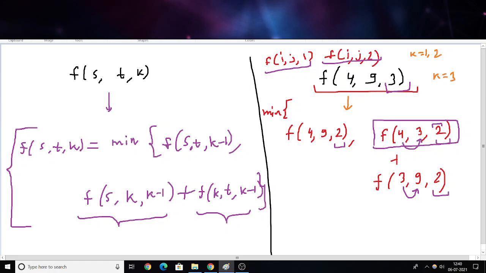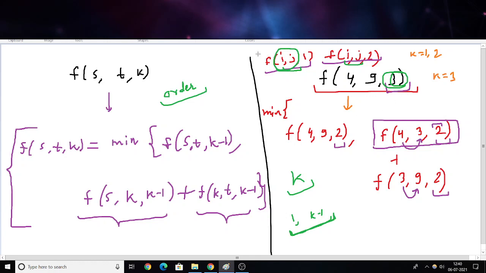And also, as we know in dynamic programming, the order of states matters. So here also order matters. As I'm saying from the beginning, if you want to find the answer for f of i j k, you should have the answer for all possible pairs of i j, and the value of k will be less than this k. So while calculating the answer for some k, we should have the answer for all k's from 1 to k minus 1. So it means this k should be the outermost loop, and then we find it for all possible i j.